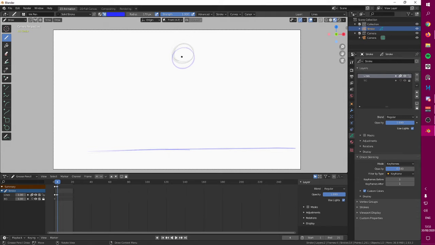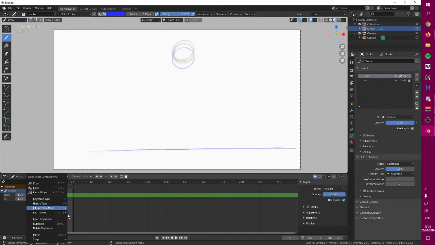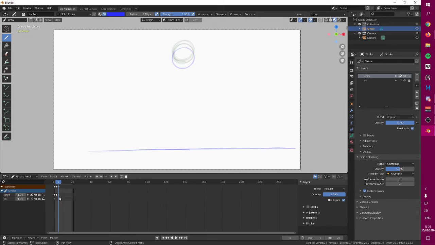And right now I am seeing only one frame behind. So as I was telling you, you can change this in here. You can change how many frames before you want to see, and you can increase it to a lot of numbers. Okay. And you can also filter what type of frames you want to see, because you have different frames in Blender. You have keyframes, breakdowns, moving holds, extremes, and jitter. These are going to be different colors that you can change by right-clicking on your frame and